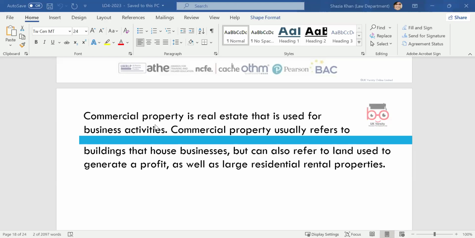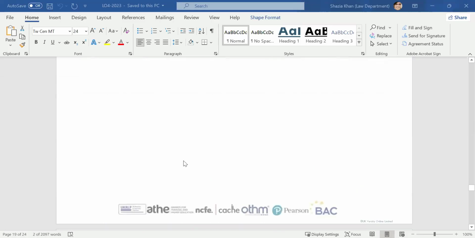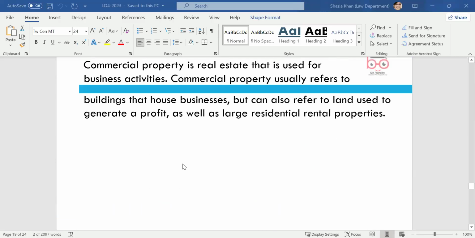So what types of commercial property can we have? What do you think commercial property that we can have? Maybe mode of transport. Yeah. Could it be restaurants? Could it be shops? It could be industrial units, warehouses, leisure centers, hotels, cinemas and pubs. These are the elements of commercial property, and they generate income.